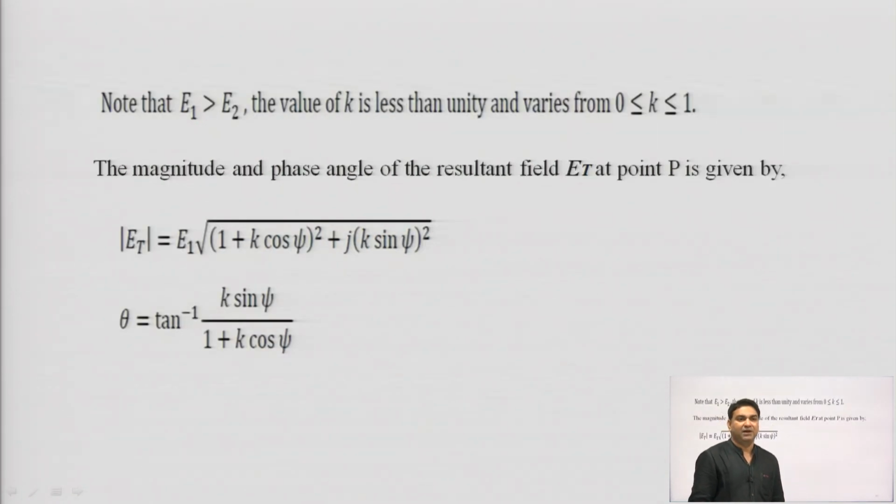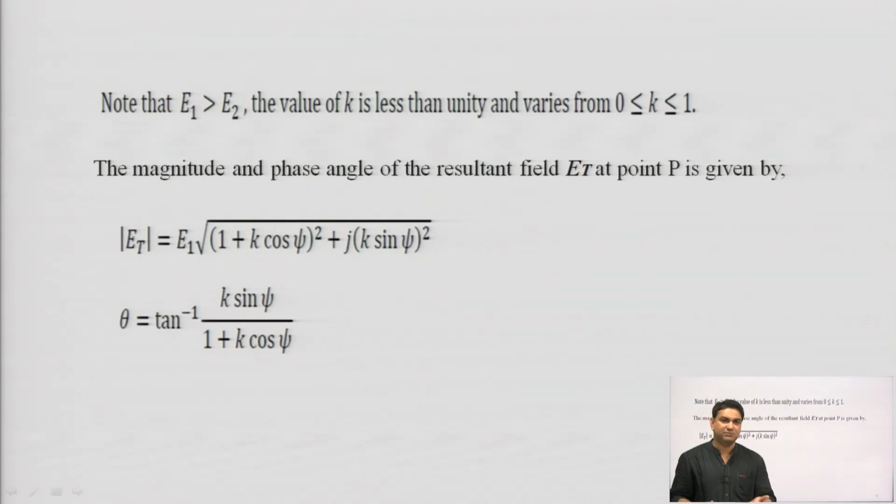Note that when E 1 is greater than E 2, the value of k is less than unity and varies from 0 to 1, and